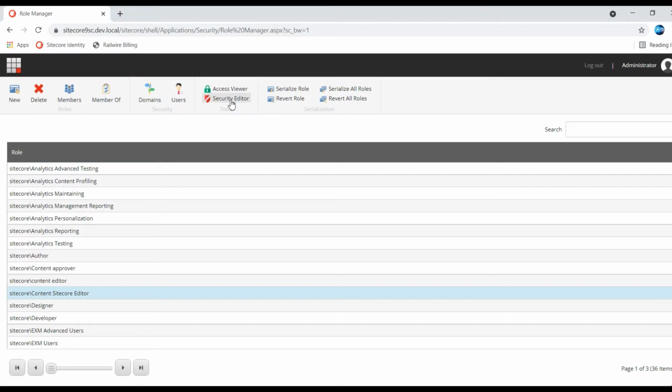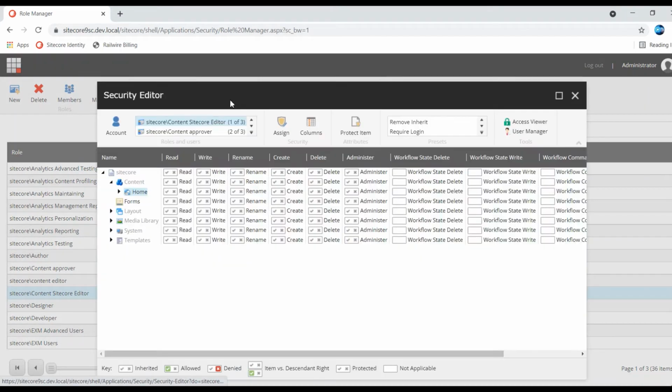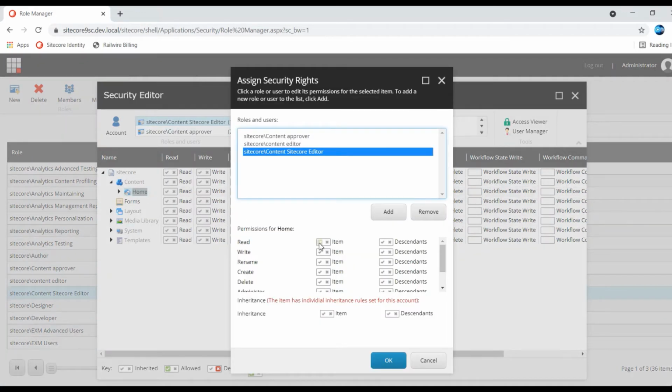So I am assigning security to this content editor. For home node, I am assigning full rights for this one for testing purposes. Read, write permission, create and delete as well. For the sub items as well, I am assigning this.